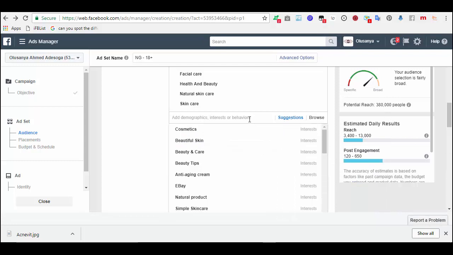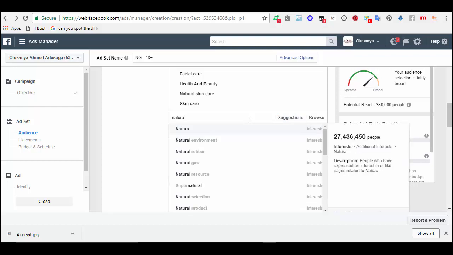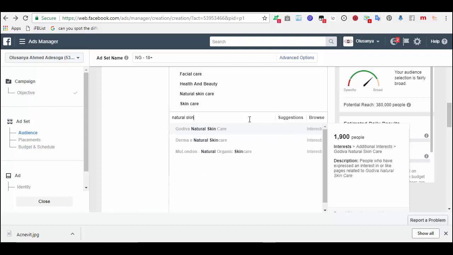Now let me add the natural beauty, if I've not added it. Natural skin care. Okay, I think I have natural beauty.